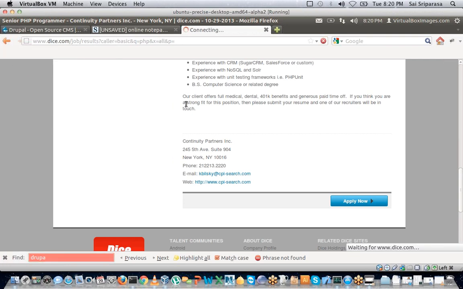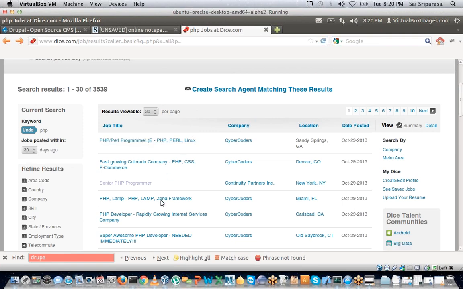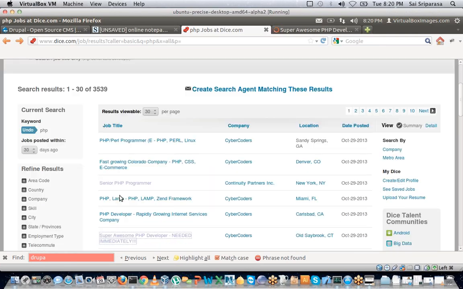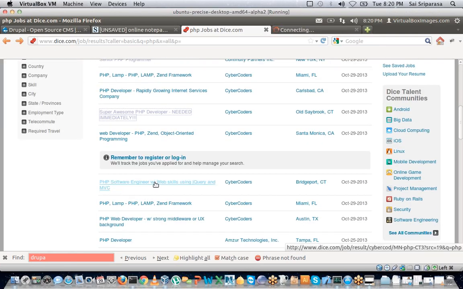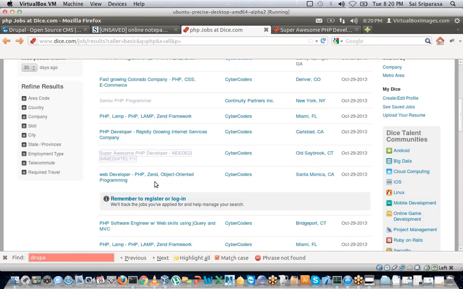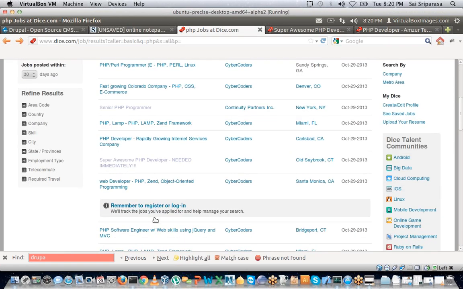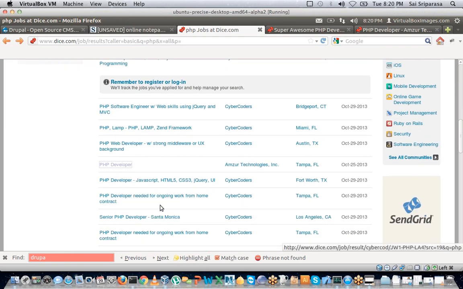Go back. I know this one doesn't because it says Zend framework. Even this one has Zend framework, so we can go to the next one. If you have Zend, is there a rule that you can't know Drupal?